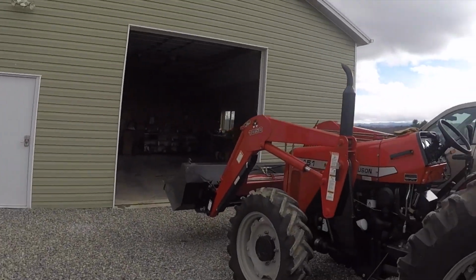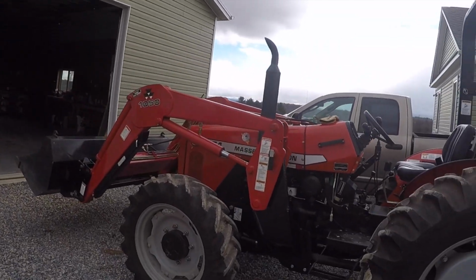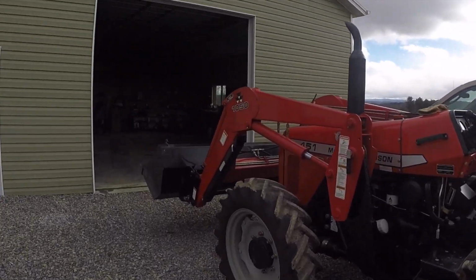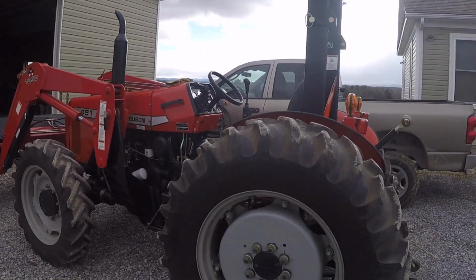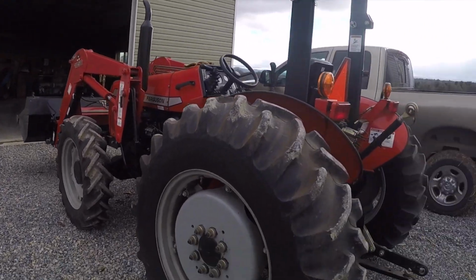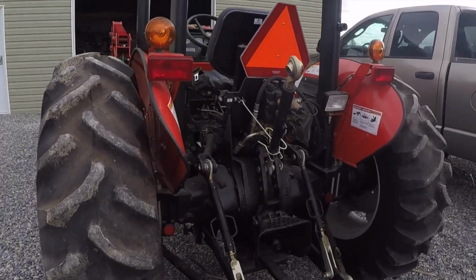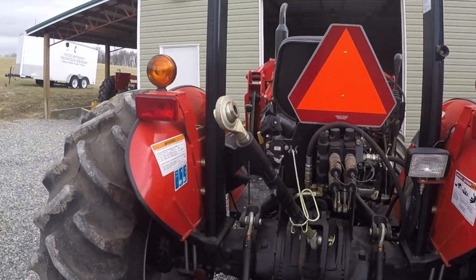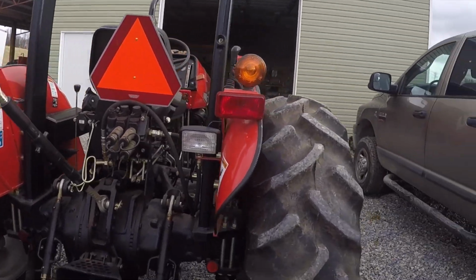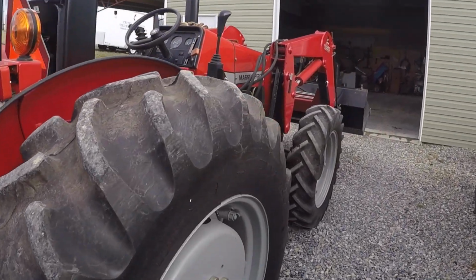Hope everybody's doing well. I just wanted to show you this new piece of equipment I got here. It's a Massey Ferguson 451 with, of course, a bucket on it, four-wheel drive, and it comes with two additional set of remotes on it. All the lights are functional. It is a 2006 model,